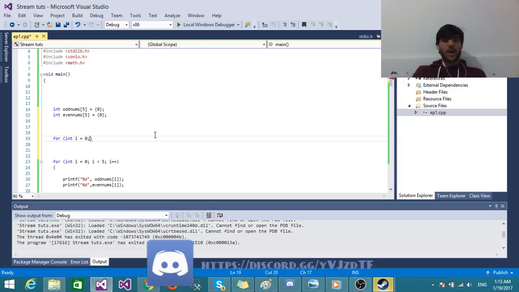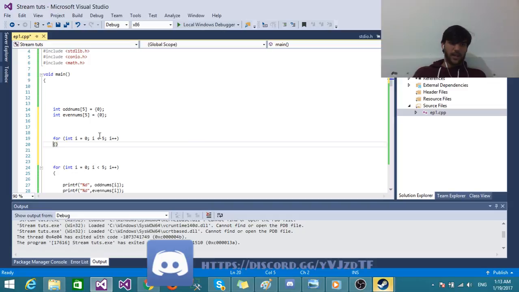Now we know that odd numbers is the size of 5, so when i is smaller than 5, and we do i++, right? Basic, really basic. Now what we want to do is fill in, actually,